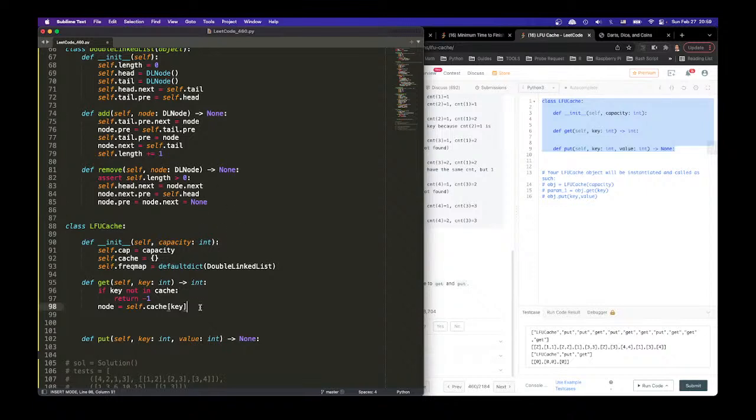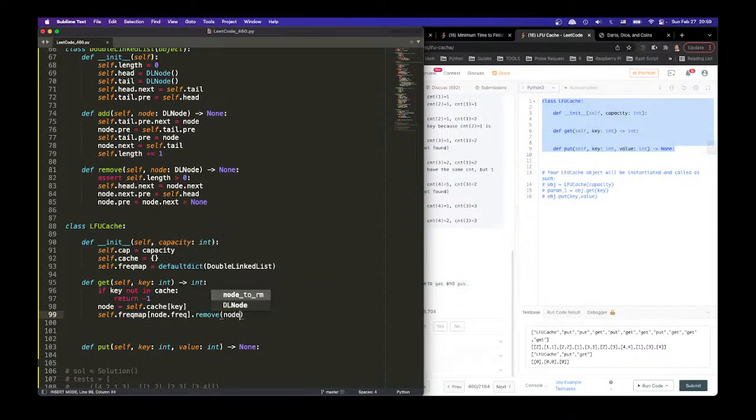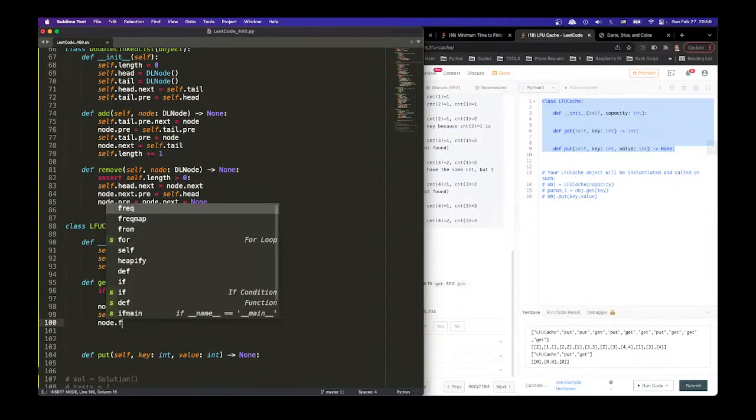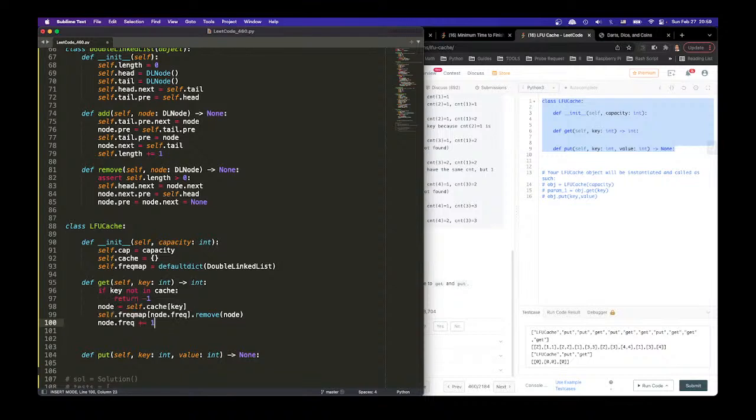So I got the node, right? Then what do we do? I have to remove it. How do I remove it? Node.frequency, I can get it from self.frequency_map, this frequency. This is a linked list. Dot remove node. Okay, so the linked list, I remove the node, and then node.freq plus equals 1, increasing its